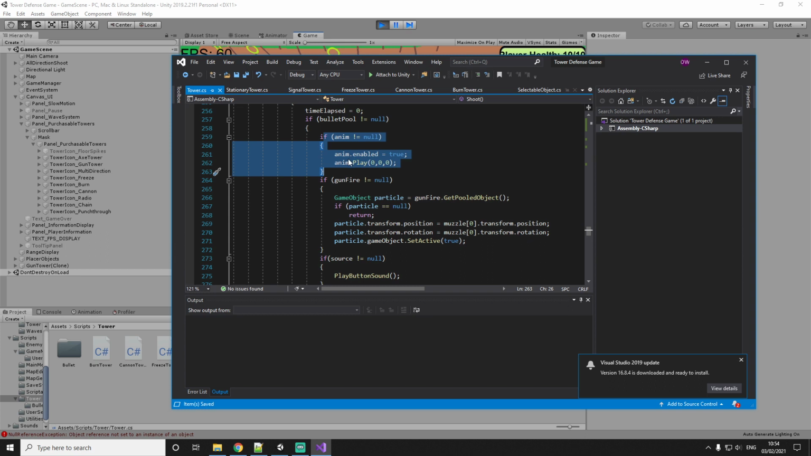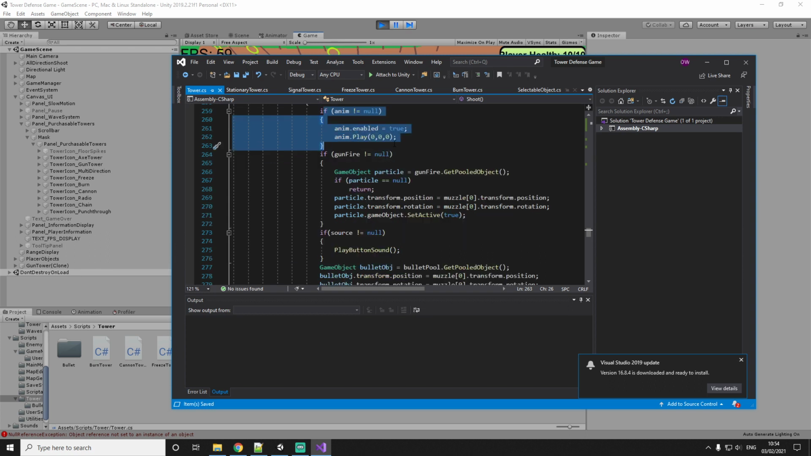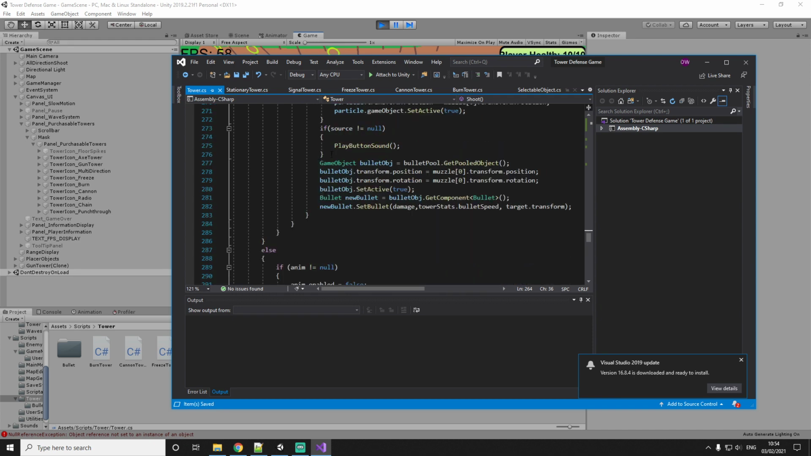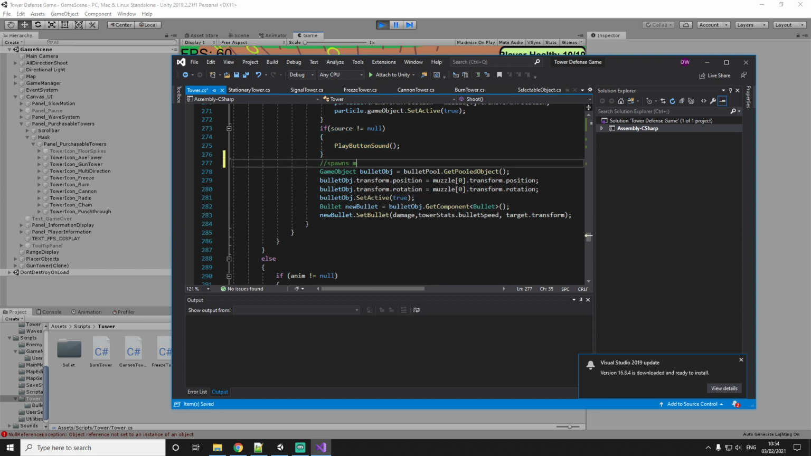We check for animations. So some towers will have animations, and this will play the animation. And then here we check for gunfire. I believe gunfire is a particle, yes. So this spawns the particle if there is a particle to be spawned. And this plays music if there is music to be played. And this spawns the bullet and sets it to be positioned